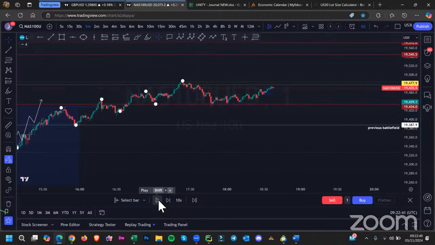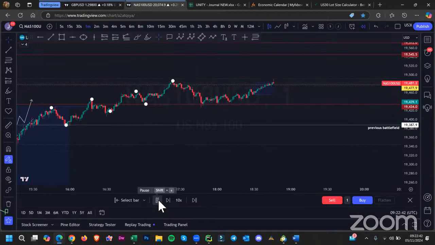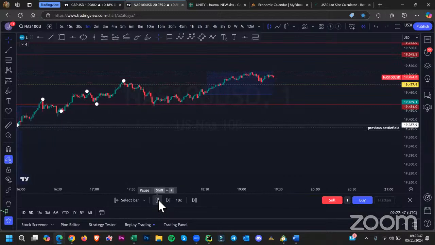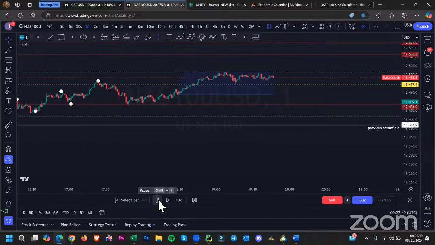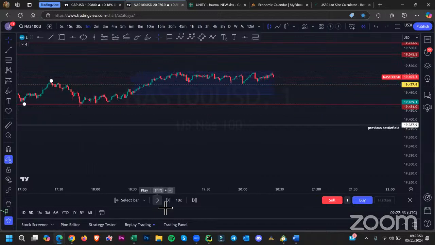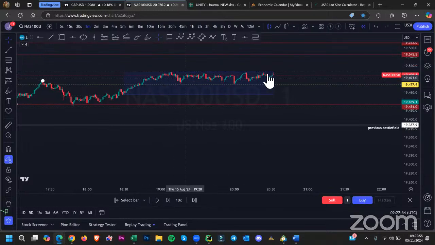Bearing in mind, this is all 6:30 in the evening. It's going into evening session. Well, we did get a bit more of a push, and I may be looking at it thinking, right, that was a tremendous trade, and if I was still in it, I would have got a little bit more profit. But now look, this market's going sideways. Big arguments happening right now in the New York session around 6:30. If I was still in this trade, which I wouldn't be because I just got stopped out,